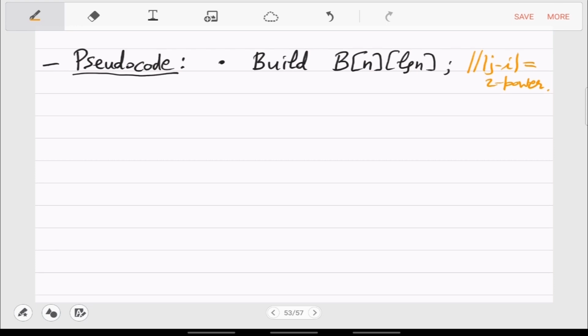This is your one-time investment. It will take some time. We'll calculate that later. And once you have this thing pre-built, now you can handle arbitrary queries. So range min A comma i comma j.